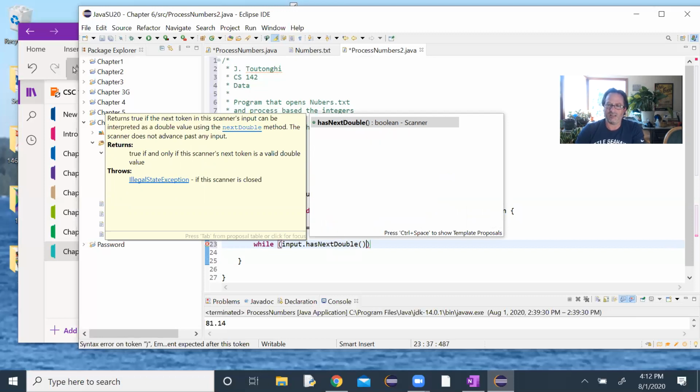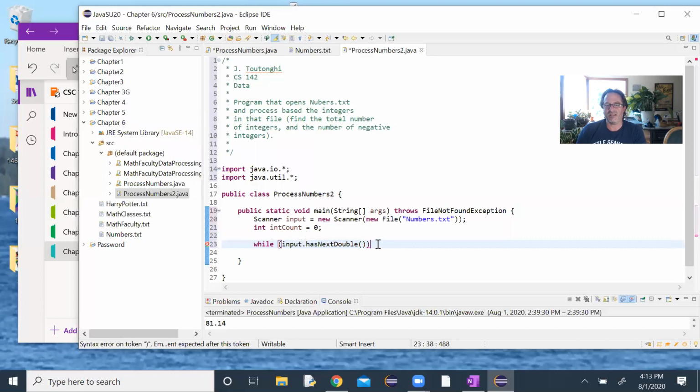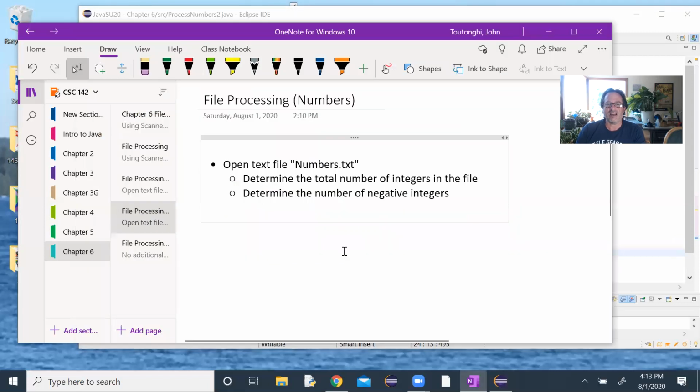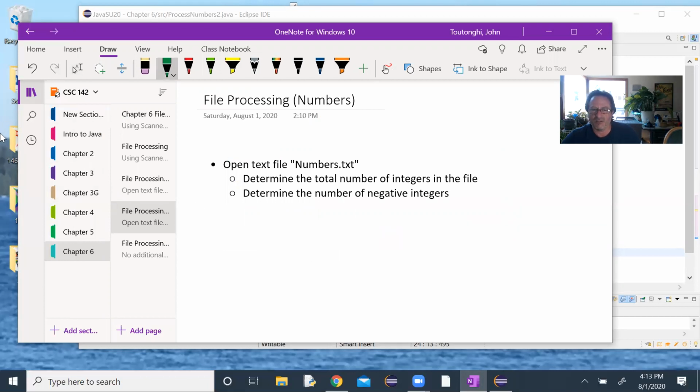So no, this is a little bit interesting. So how do we, maybe we go back to our pseudocode. How do we determine if it's an integer or a double? So, you know, can I, in my while loop,